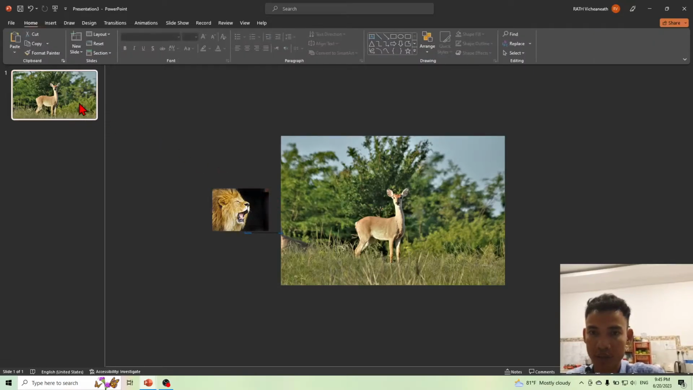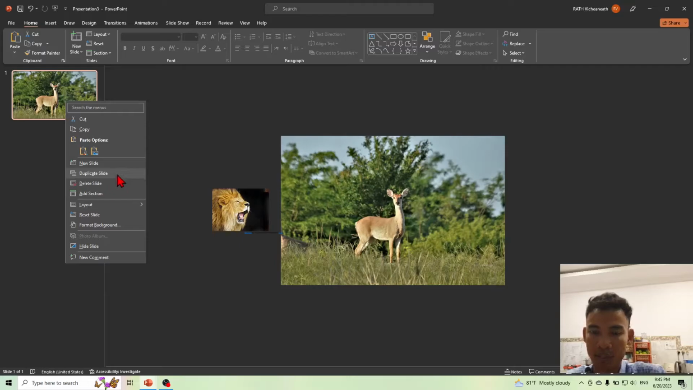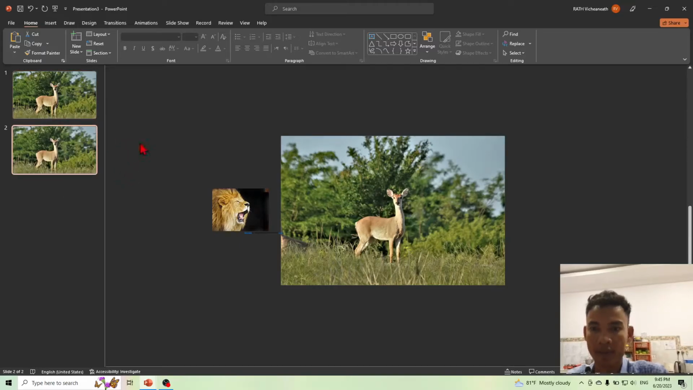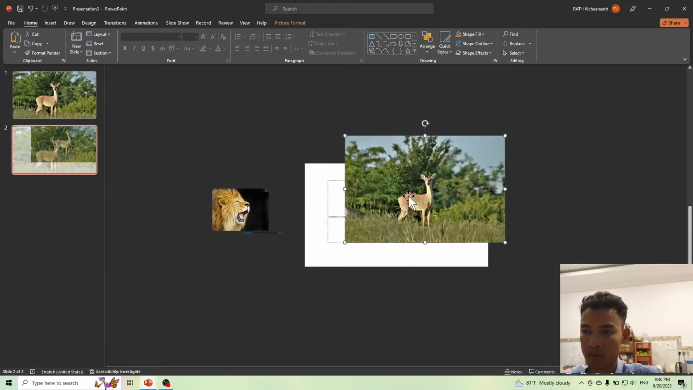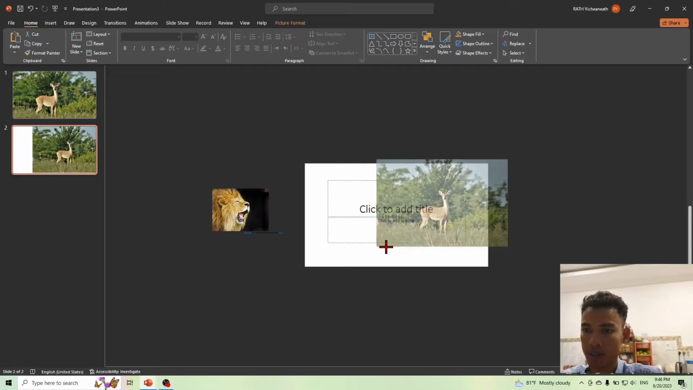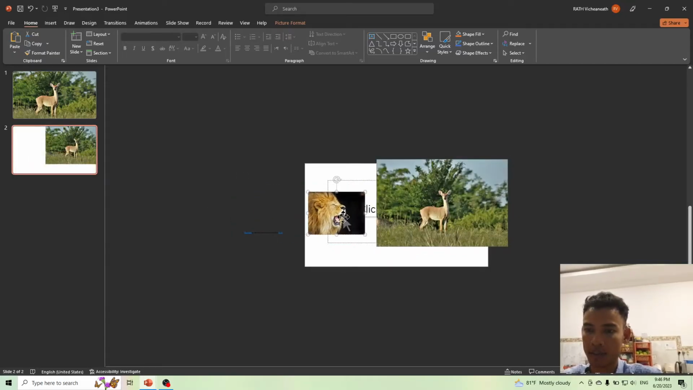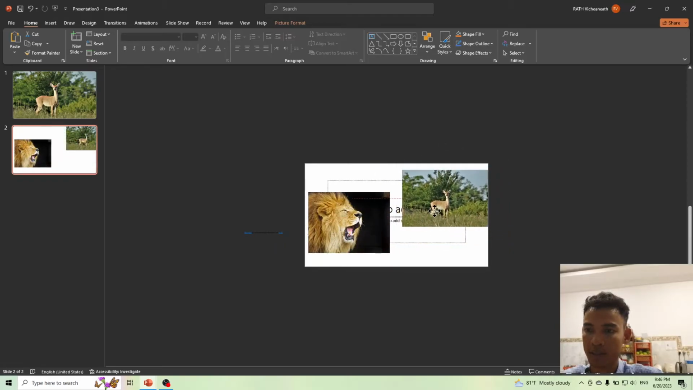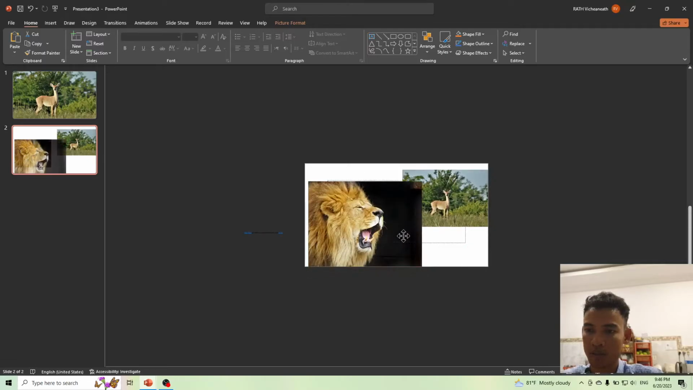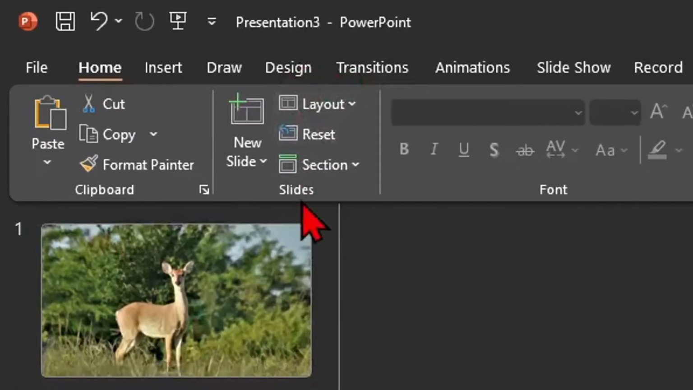And then you need to create a new slide, duplicate the slide. Yes, here the first slide, and here the second slide. In the second slide you can enlarge the lion picture and zoom in the deer picture. Okay, and then you enlarge the lion, zoom in the deer, and then you need to go to